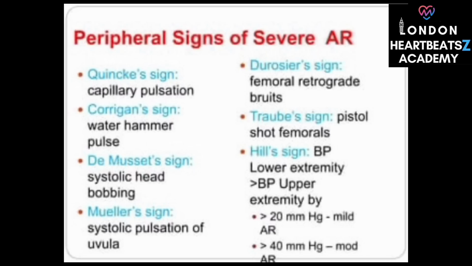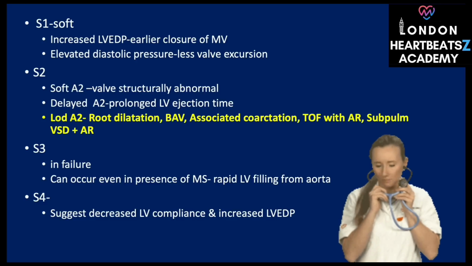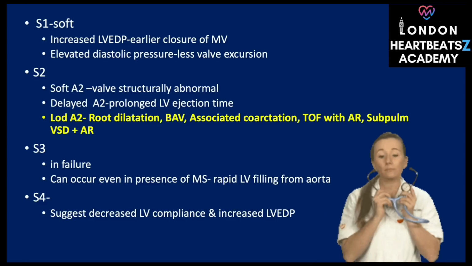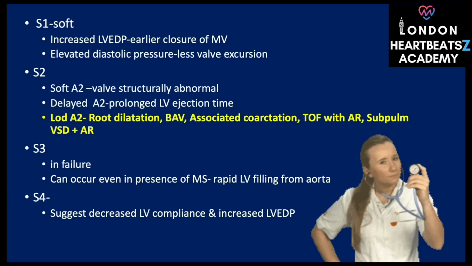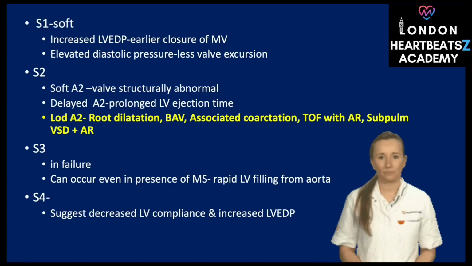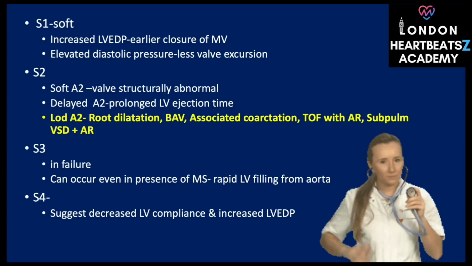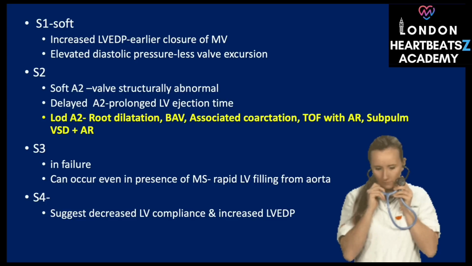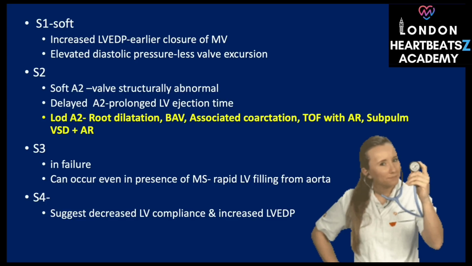And then there's the murmur, the defining feature. The murmur of aortic regurgitation is a high-pitched, blowing diastolic murmur, heard best along the left sternal border. It usually starts right after the aortic valve closes, and its duration and intensity tell us how severe the regurgitation is. So it's a whooshing after the second sound. Exactly. And depending on which way that blood's flowing, it might radiate to the apex of the heart or to